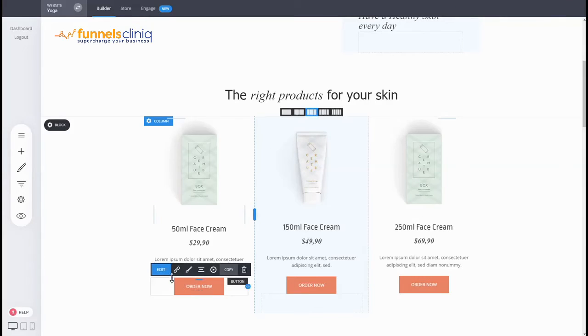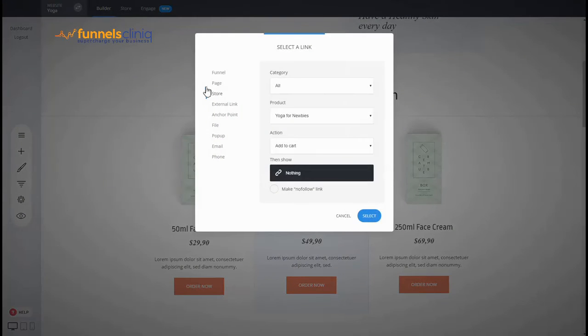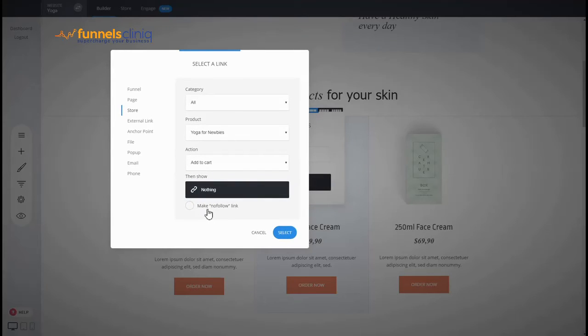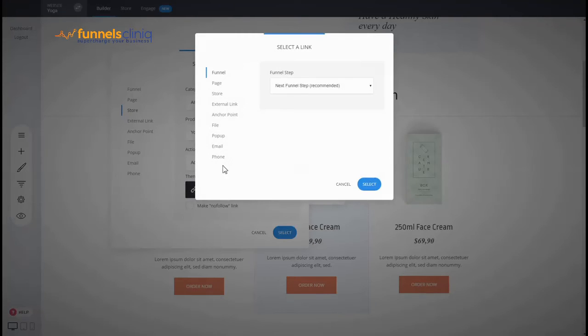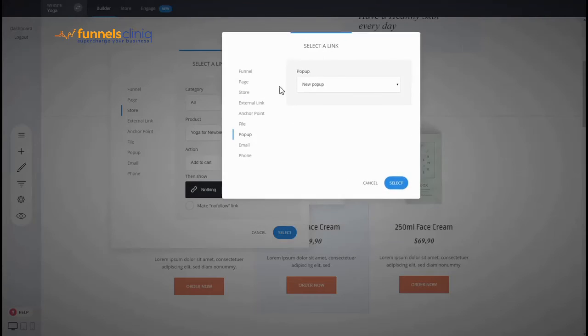So when somebody adds something to the cart, when you go into the settings here and select the option where you actually select what kind of a product you want to sell, you have the option for another action. So here you can actually select a pop-up, for example, a pop-up to show when somebody adds to cart. So this can be a pop-up with another product, a set of products that you want to upsell them. In this case,